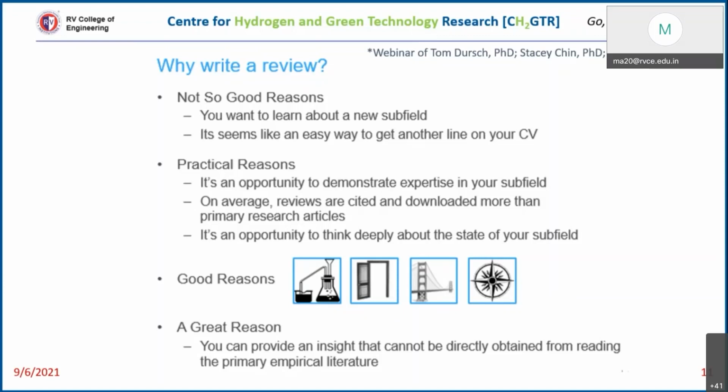That means you went through 10 papers. Whatever information you get or understand just by reading those papers, if you provide more information than that by giving an overall perspective of all those 10 papers through your review paper, that's a great reason to write a review paper. If a person can get more information by reading your review paper than by reading just the original articles, that serves the purpose of your review paper. That's a very good reason to write a review paper.